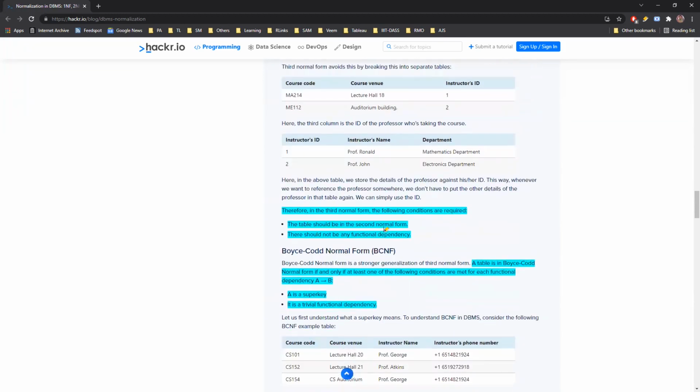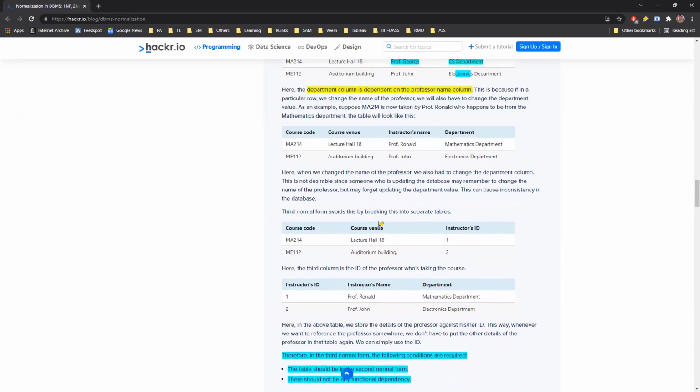And how do we achieve that? Let's take the same table here on the top. We have professor's name, professor's department, and course venue and course code. And by splitting this table again into two tables, where we have course details and instructor details as separate tables, we can say that